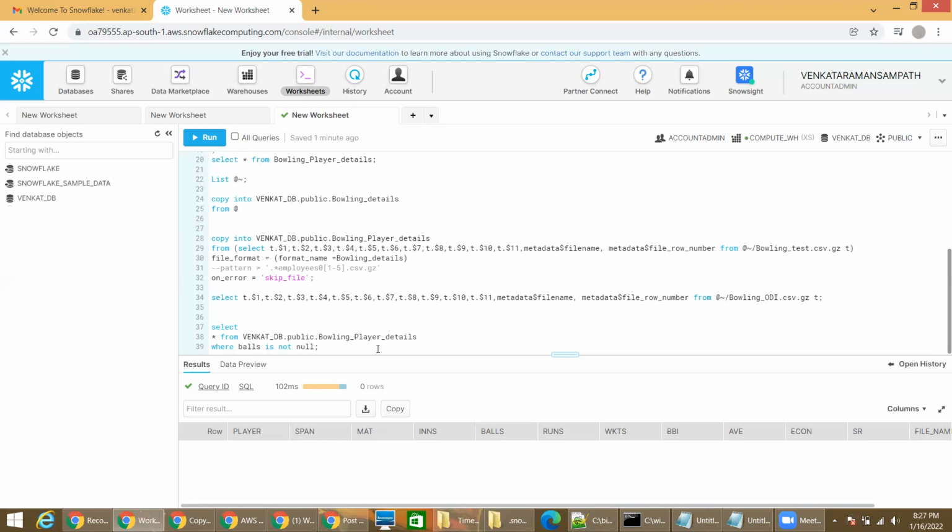This way you will remember those things also, right? That there's an object called file format. There's something called stage, how to use the copy command and all that. It will get registered in your brains. Anyway, so